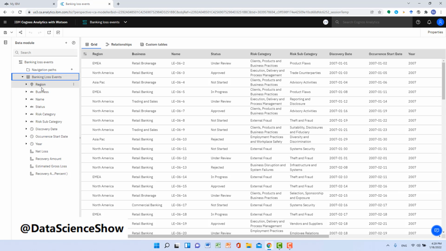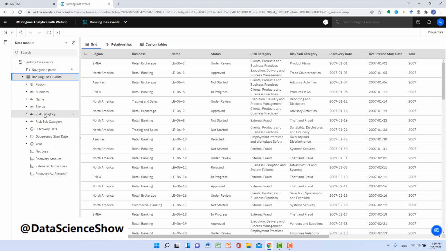For example, a bank could open branches in different regions, right? We'll save different regions in the region column. A bank could have different businesses. Some businesses are related to mortgage. Some businesses are related to savings and checking. Some businesses are related to investment banking. We record different types of businesses in the business column.